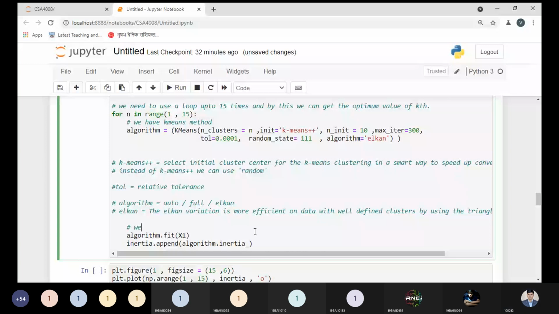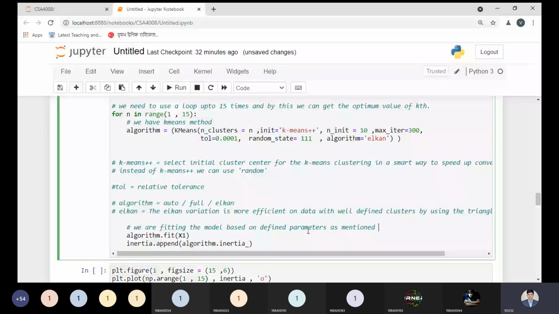We are fitting the model based on defined parameters, as mentioned above.